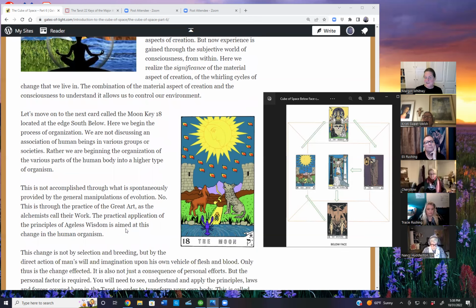Let's move on to the next card, called the Moon, key 18, located at the edge south below. So we're heading over here. Here we begin the process of organization. We are not discussing an association of human beings in various groups or societies, not that kind of organization. We are talking about, rather, beginning the organization of the various parts of the human body into a